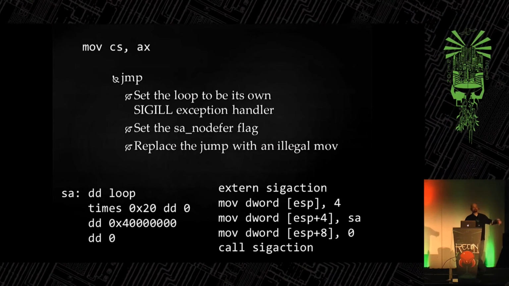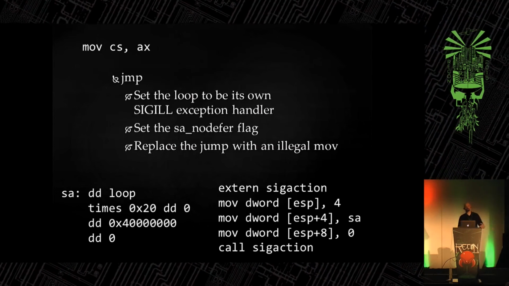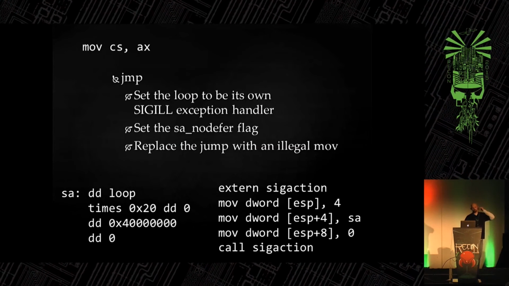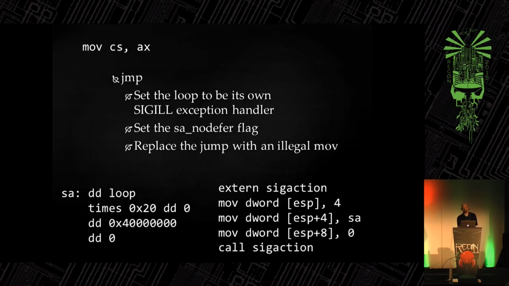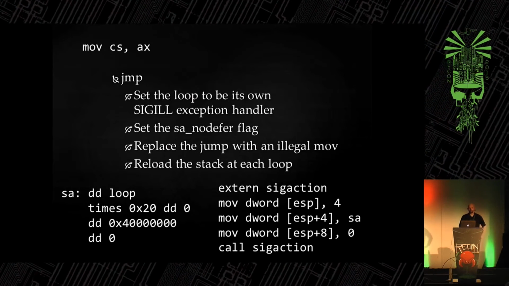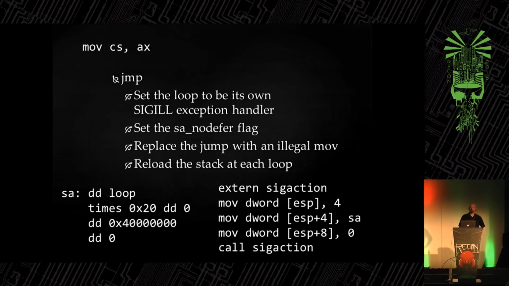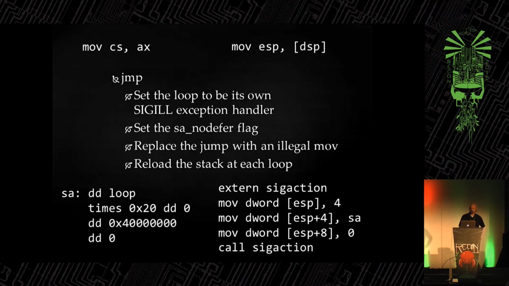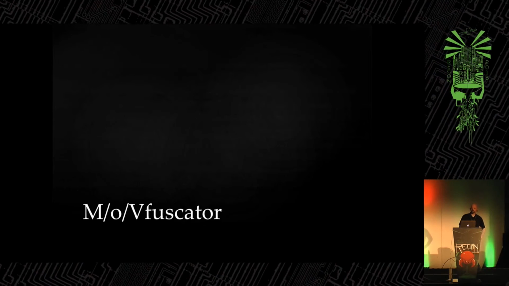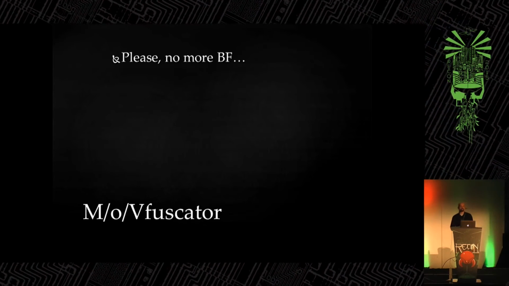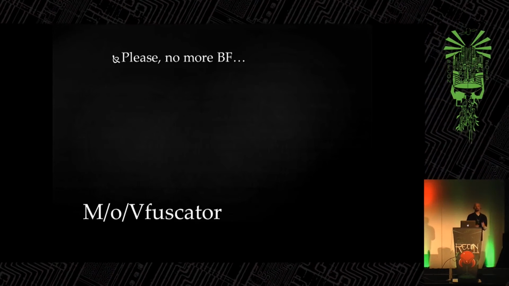So replacing that jump with this invalid move instruction will cause this exception to trigger, causing the program to jump back, lost my mic, to the beginning to handle its own exception. Finally, since we're going to be calling this exception handler recursively, we need this to not overflow the stack, so we'll reload the stack pointer every time this loop executes. So that pretty much gets us to our new version of the movfuscator, where we can use only move instructions,